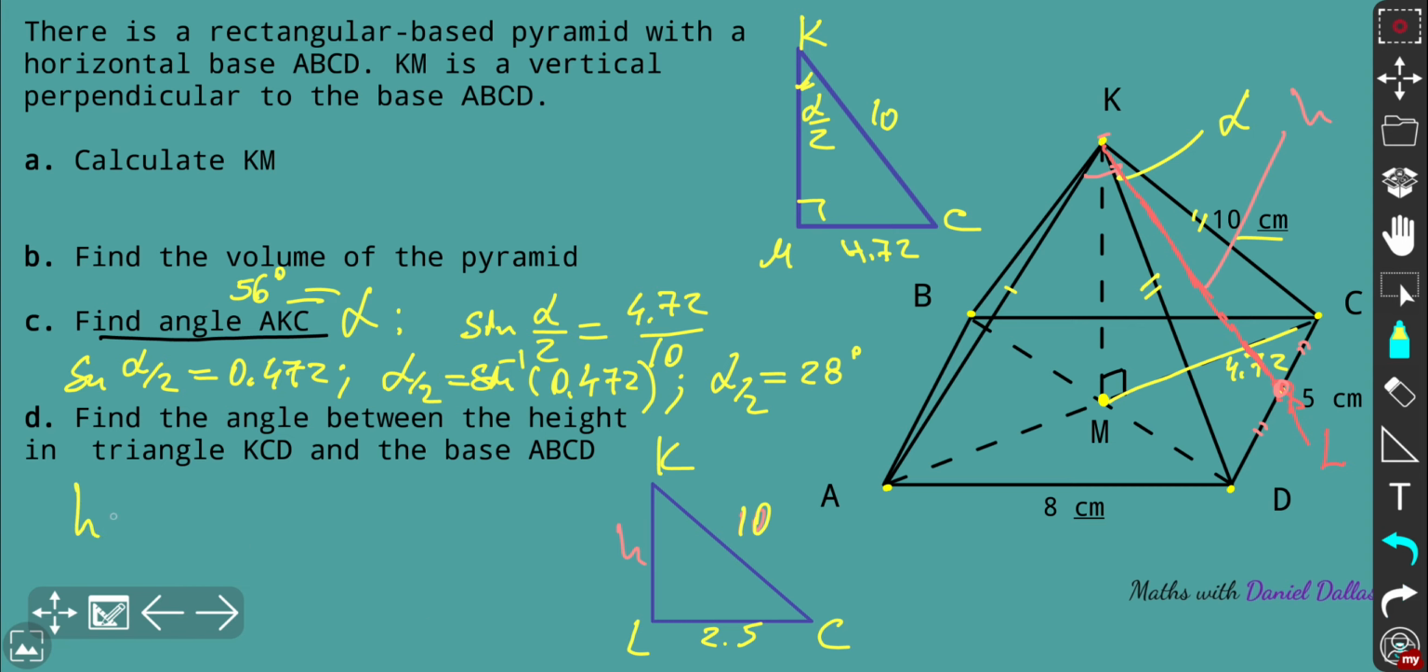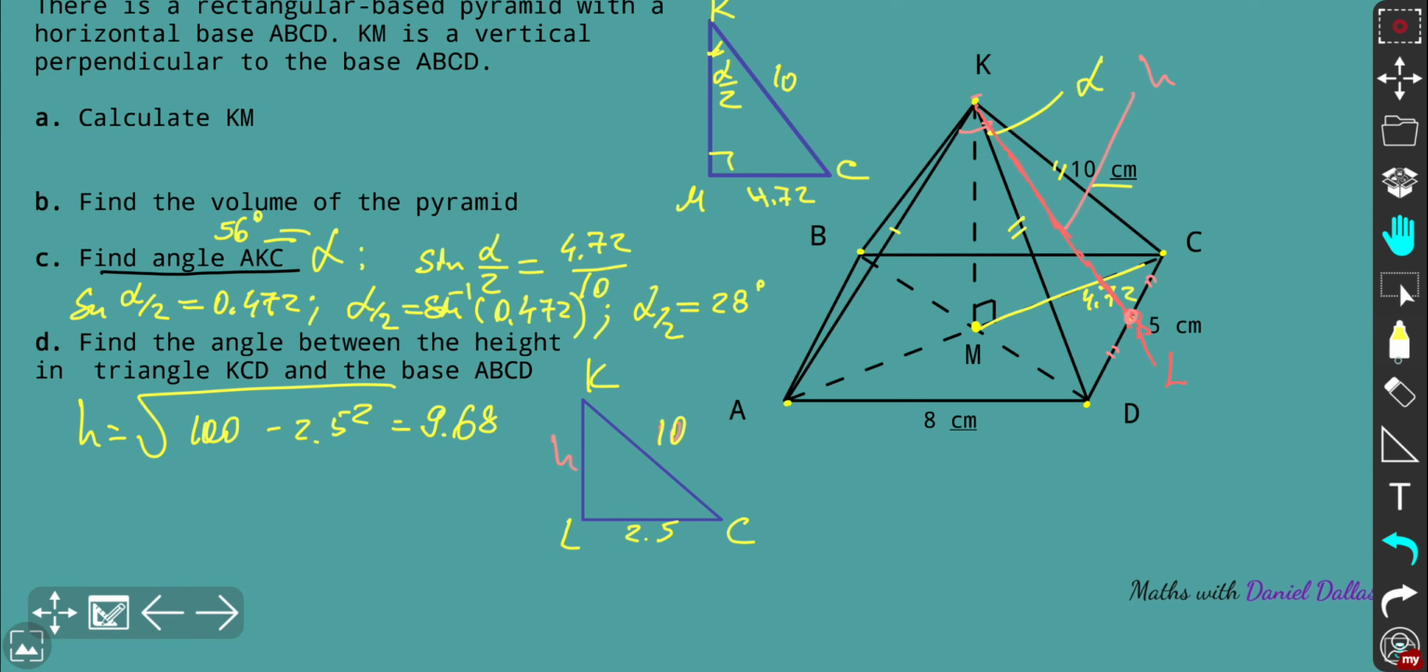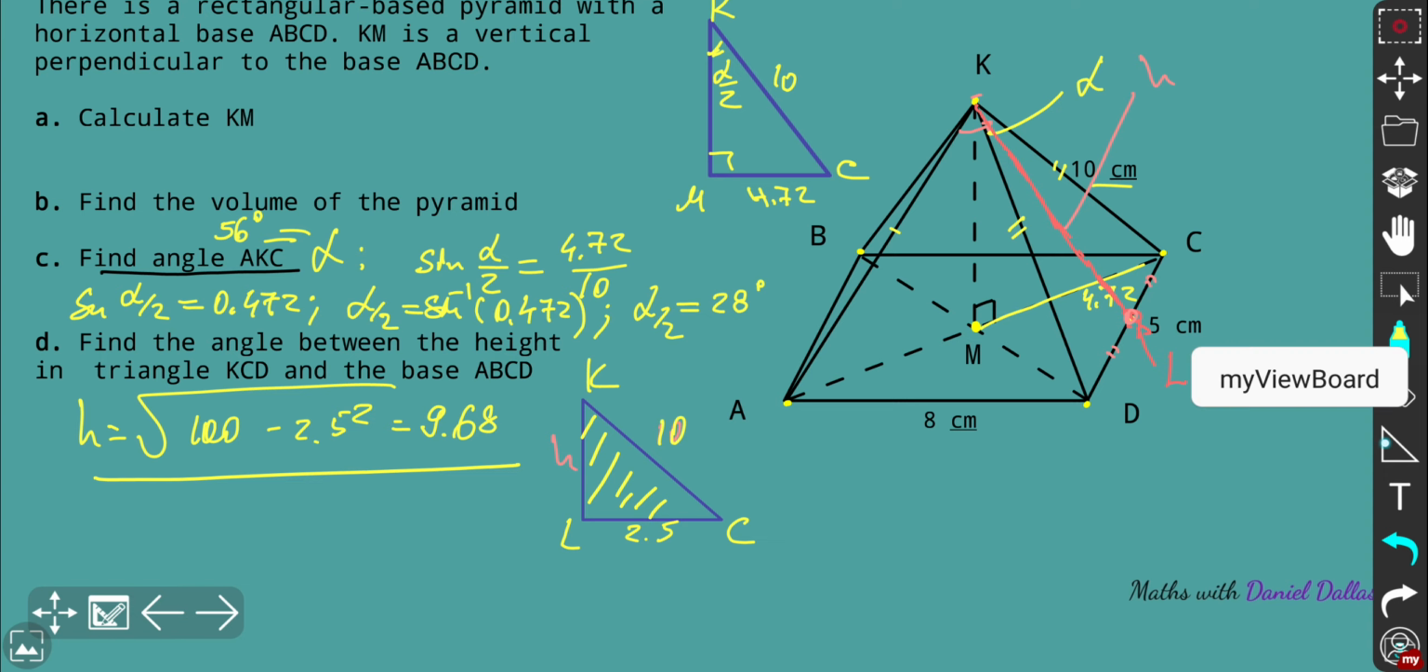So first, we're looking for the height, as I wrote, square root of 100 minus 2.5 squared. Let's calculate it quick. So we're taking the square root of 100 minus 2.5 squared. And we've got for the height 9.68. And let's consider the angle itself. So which angle are we considering? We just simply use the triangle to apply Pythagoras and we calculate the height. And now we need to use the height and the base